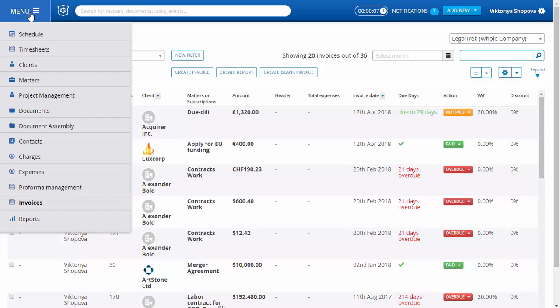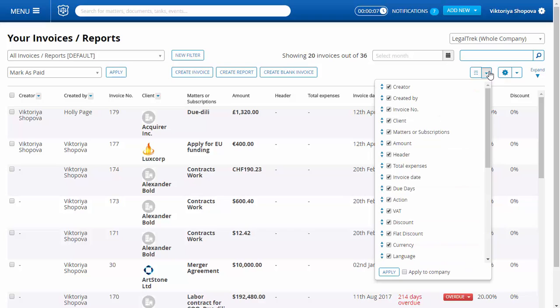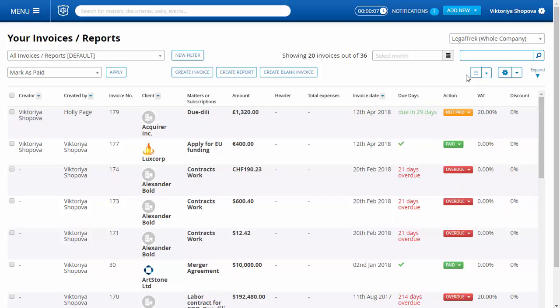As you can see, I'm in the list of company invoices, showing you our new creator field. Please make sure to enable the creator field, which won't be enabled by default for you. And let's see how this is different by the created by field, which by the way, we'll rename that one